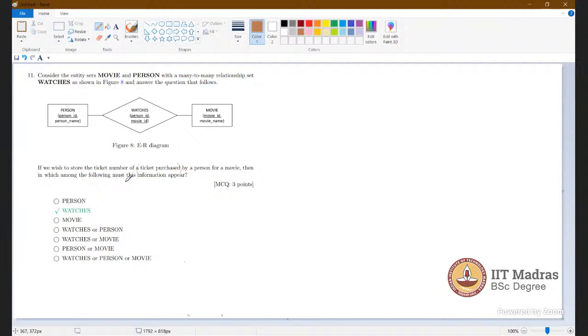We want to store an attribute. So which is the better entity set to store that attribute? Am I clear? Okay, if you want to store the ticket purchase in the person table, it is possible that one person buys one ticket, but he can buy many tickets.